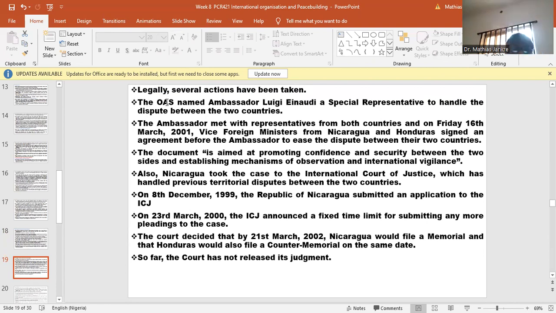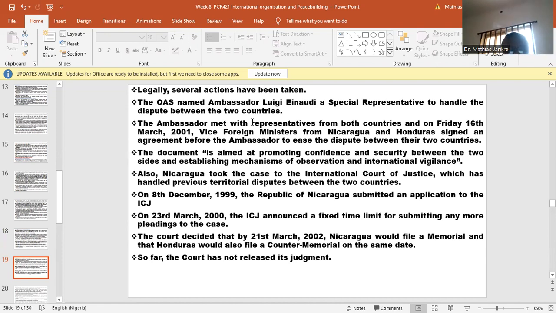The Organization of American States named Ambassador Luigi Enado a special representative to handle the dispute between the two countries. The ambassador met with a representative of both countries, and on March 16th, 2001, the vice foreign ministers from Nicaragua and Honduras signed an agreement before the ambassador to ease the dispute between the two countries. The document is aimed at promoting confidence and security between the two sides and establishing mechanisms of observation and